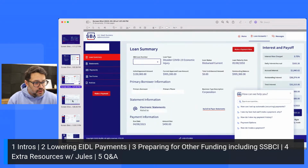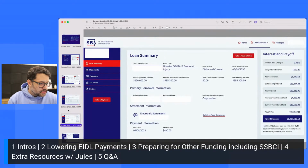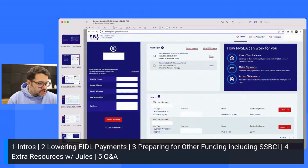So you'll see, let me go here first. So you'll see your types of loans. Here we go. This is the main screen you'll land on. If you have PPP or EIDL, you'll see your types of loans. Now on this main screen, if you're under 200,000, you should see an alert that says enroll in economic hardship